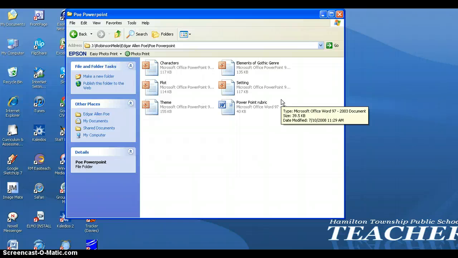Like I said at the beginning of this screencast, you guys are going to be responsible for reading a second story. Now that second story, you're not really going to have much of a choice. The only people that are going to have a choice are the people that read Cask of Amontillado. If you read Cask of Amontillado, you can read either the Black Cat or the other story, the